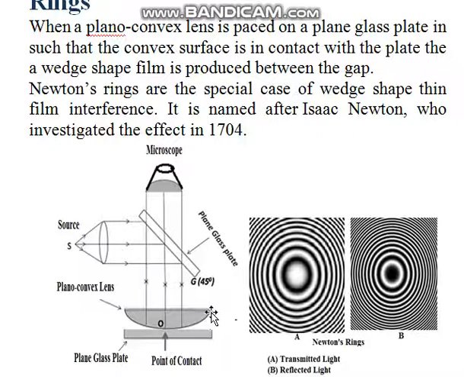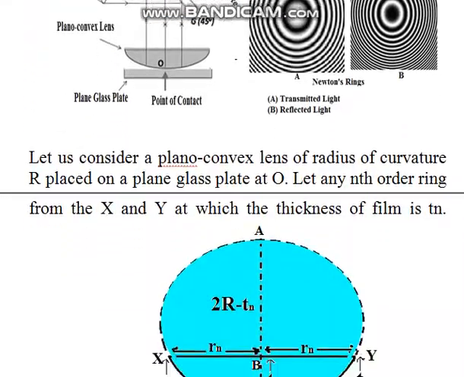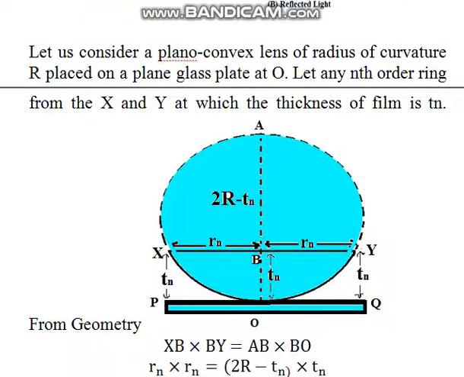These rings and this formation are realized with the help of a plano-convex lens and a plain glass plate. There is a simple experimental arrangement for normal incidence, and here we put the microscope to observe the pattern in the reflected light. We can obtain two types of pattern, one for the reflected case as shown in the figure. However, we can also obtain the pattern at the back side of the plain glass plate, that is in the transmitted light. Now let's see the derivation, how we can obtain the expression for the diameter.